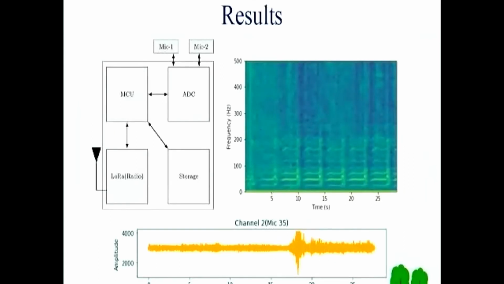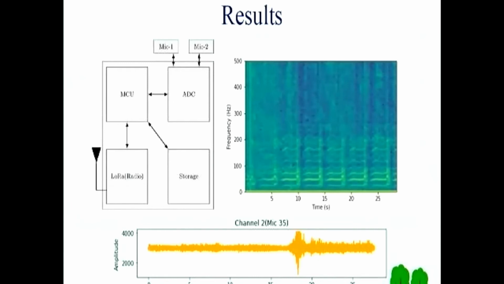This is the high-level architecture of the ILOC-NG node. There are two microphones recording separately, placed 3 meters from each other, and those signals pass directly to the ESP32 module through the analog to digital converter, and then processing starts inside the processor, and the storage module starts to store the data sets. Meanwhile, LoRa modules communicate with each node to pass the data sets that we have here. And this blue